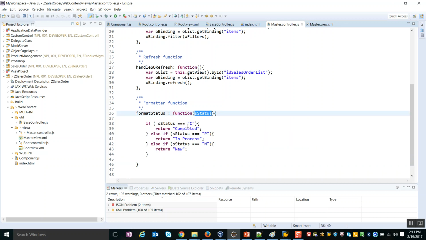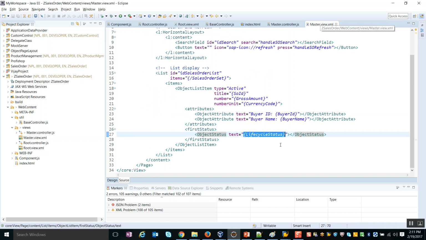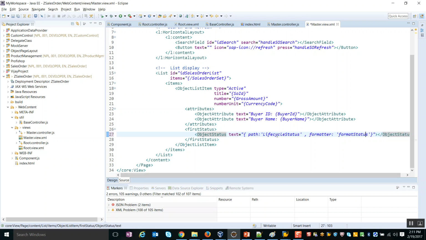So I'm going to import the value of the status, check accordingly, and return these values. Now to assign this formatter function: in the simple binding, we only assigned the value directly. We specified the location where the data should come from. Now that I'm going to give more information, we have to clearly specify what is what. I'm going to specify that this is a path, which means this is the location where the data comes from. Then I'm going to tell the system that this is a formatter function that you need to execute